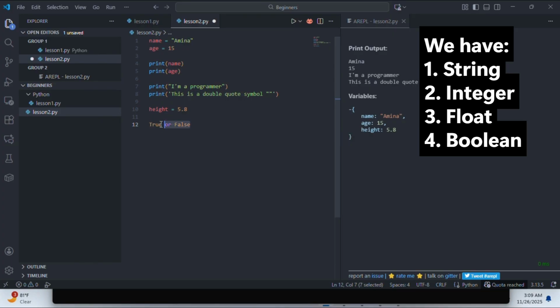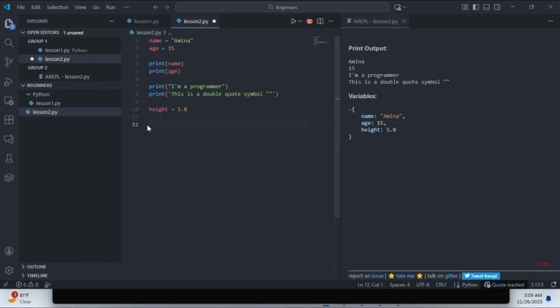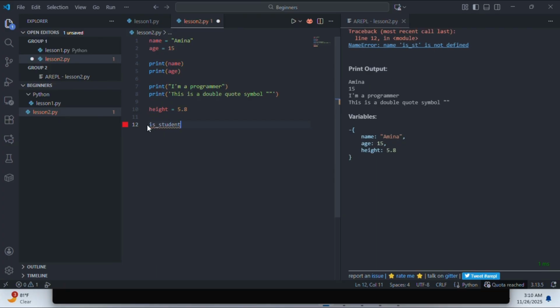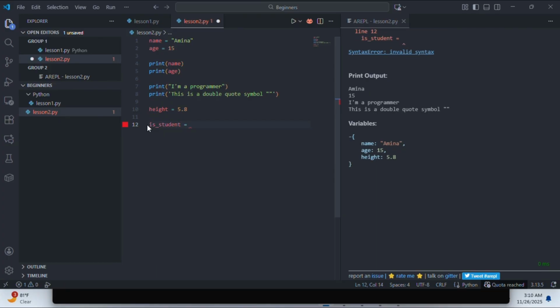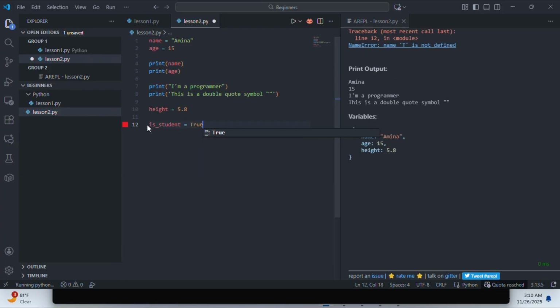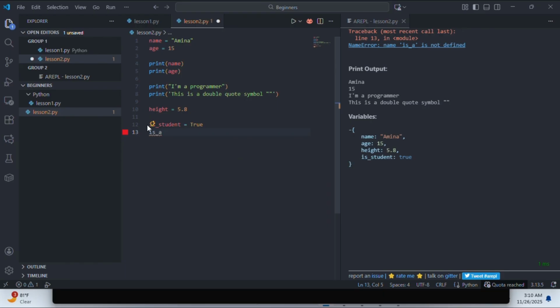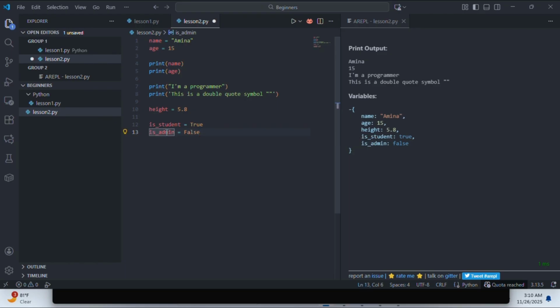So for example, if you have is student true, is admin false. As you can see, and also notice that